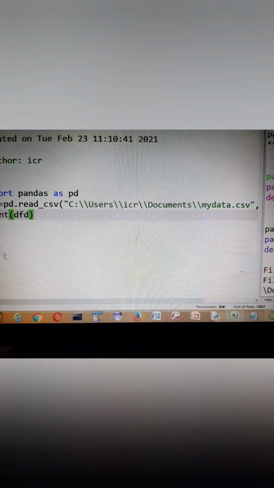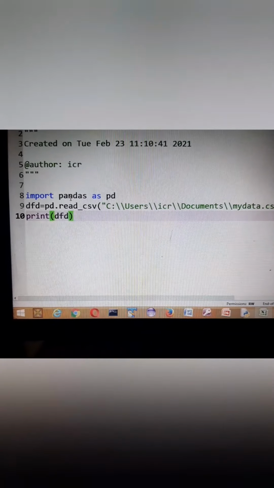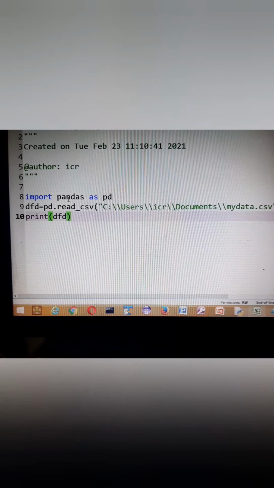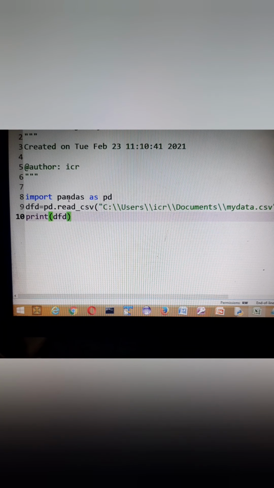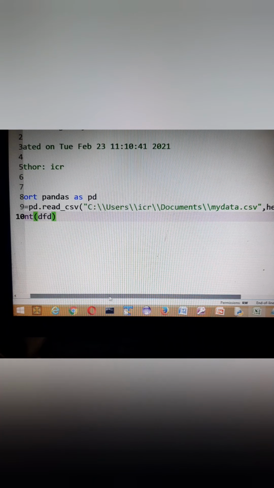And now we are on our Anaconda Navigator, that is Spyder, where I have opened a new file. And here if you can see, I have written import pandas as pd, dfd is equal to pd.read_csv, and the entire path of that file where the file has been saved. So let's see what I have done here.